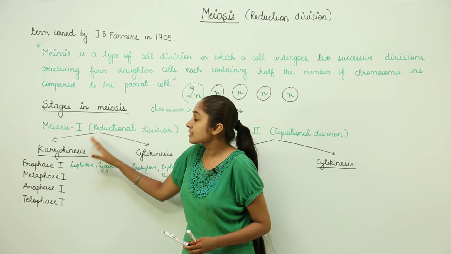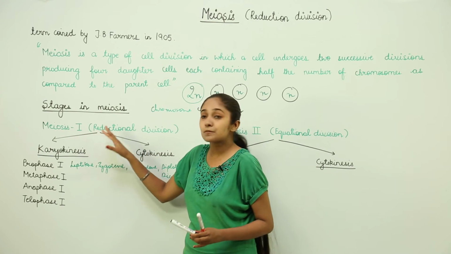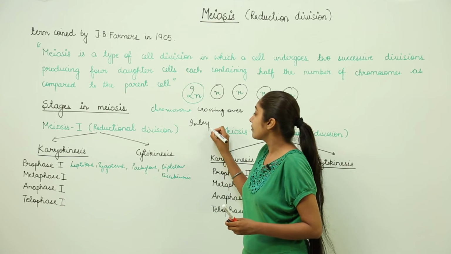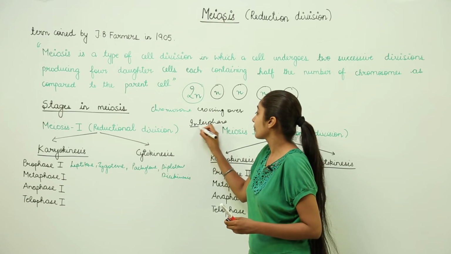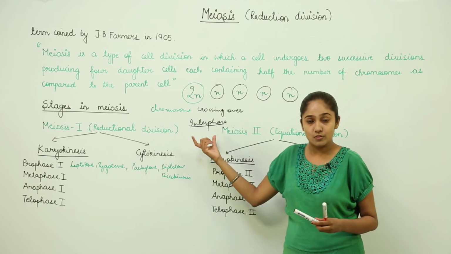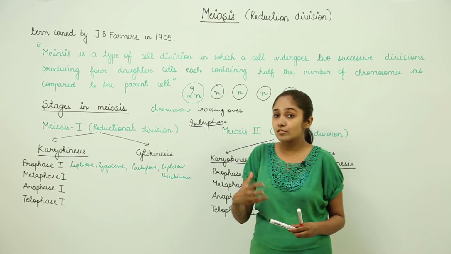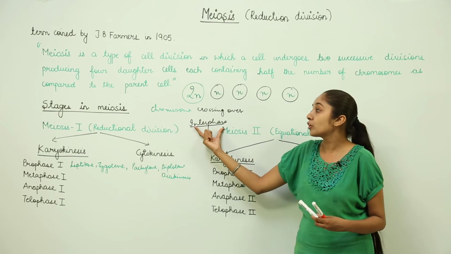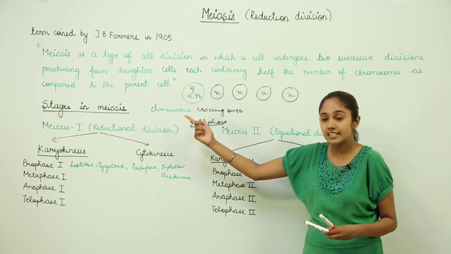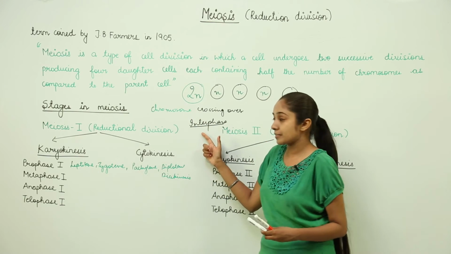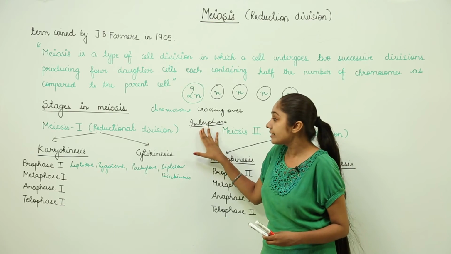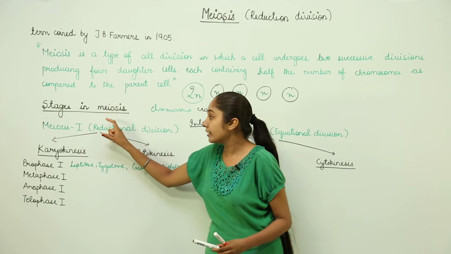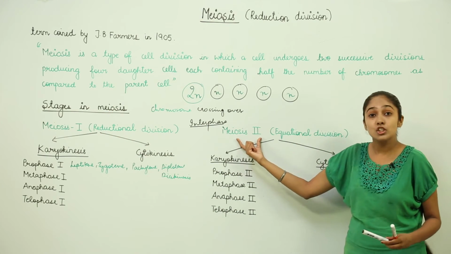Now this meiosis 1 actually takes place after interphase. This interphase comes under the cell cycle. In this interphase, what is going to happen? DNA synthesis, DNA replication, is going to take place, okay. So this interphase is prolonged in case of meiosis, right. Then after this interphase, the cell enters the meiosis 1 stage. After meiosis 1, the cell undergoes meiosis 2.